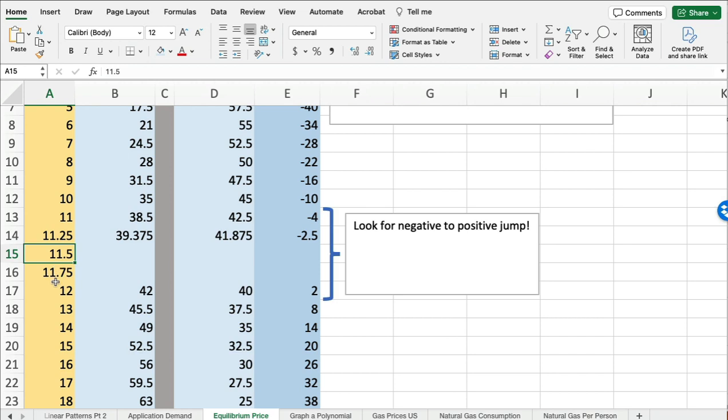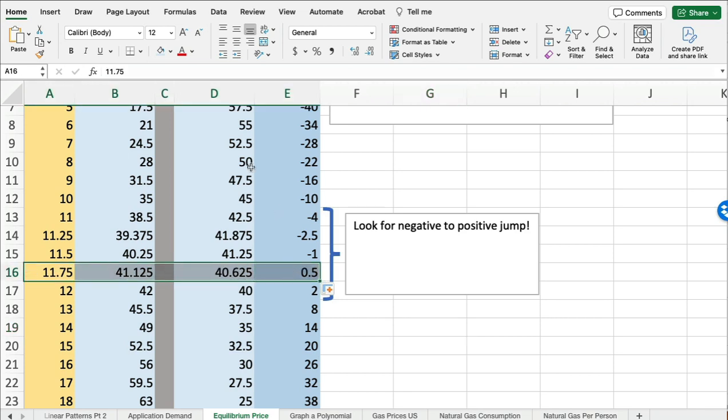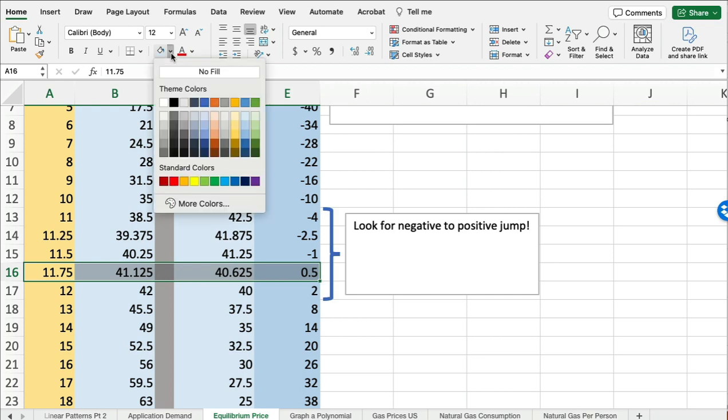So in those 3 rows that I inserted are all of the quarter increments between $11 and $12, incrementing by 25 cents. Just go ahead and fill down in your formula boxes. And lo and behold, the smallest value in column E is 0.5. So that means that this right here,